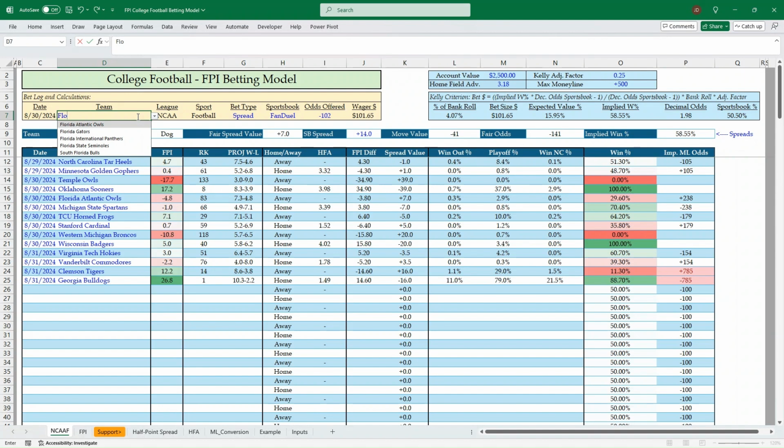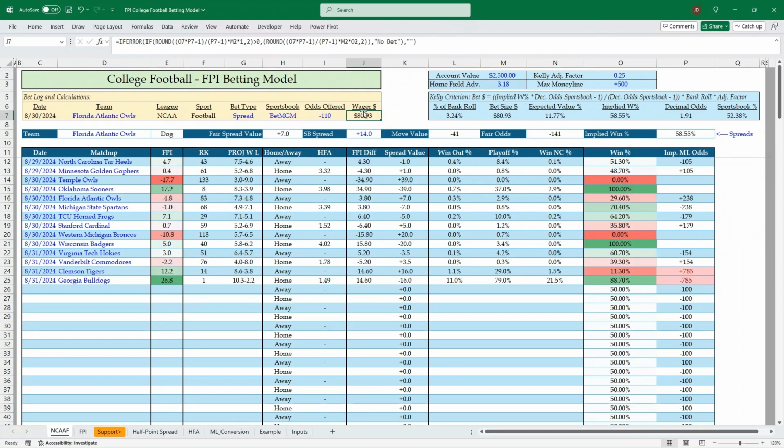And I've got the Kelly Criterion up here. So if we want to put that in, that's on BetMGM. We're getting minus 110. So a really big expected value, 11% expected value. Depending on your account value, you can update that to, let's say, 1,000. So you'd put almost $32 on a bet to say that Florida Atlantic's going to cover that 14-point 2-touchdown spread,